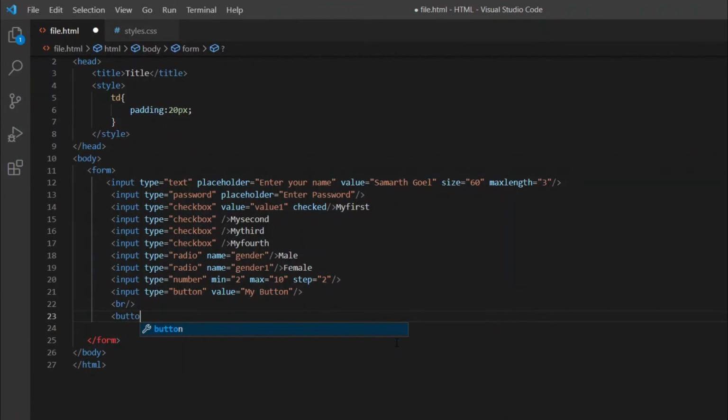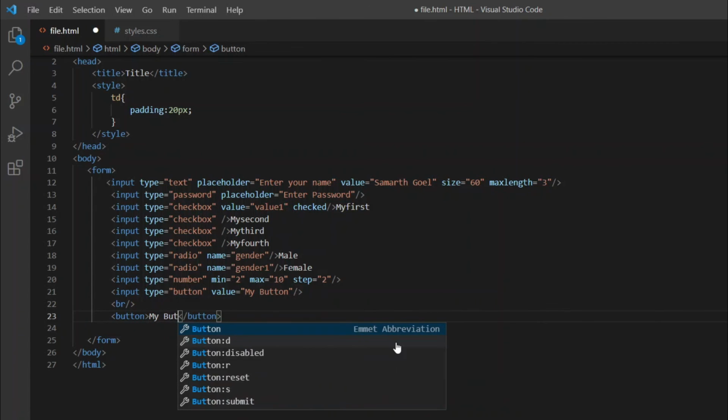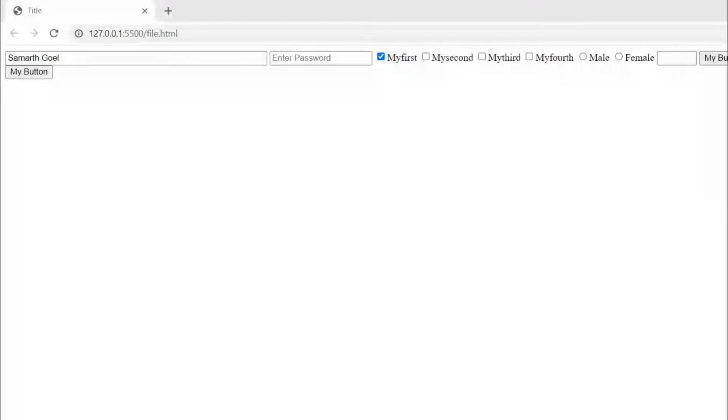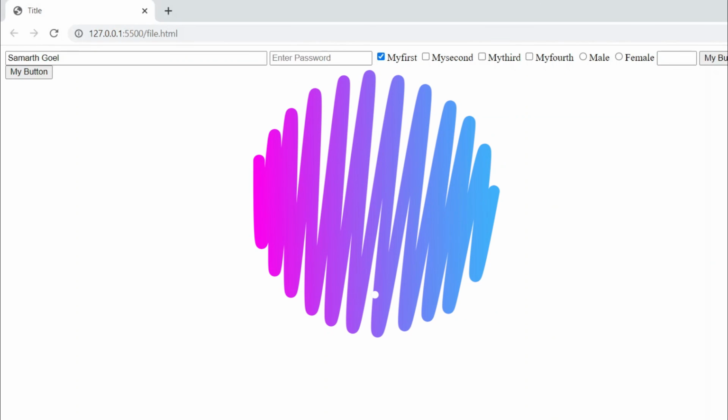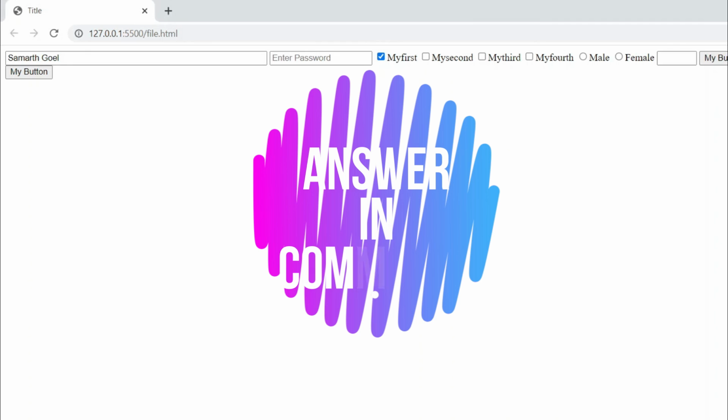Now, HTML also offers the button tag to create our own push buttons instead of specifying an input type button markup. There are some subtle differences between these two approaches of creating a button. Now I give it to you as an assignment. Do your research, find out the differences between specifying a button using the input tag and using the button tag instead, and provide me with the answer in the comment section below.